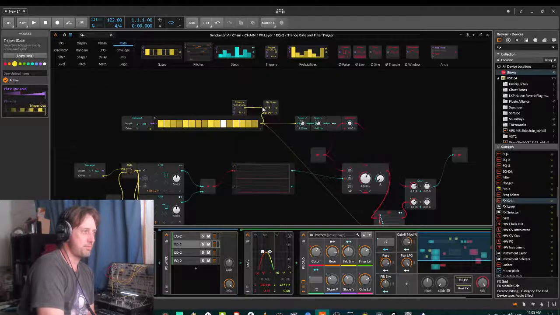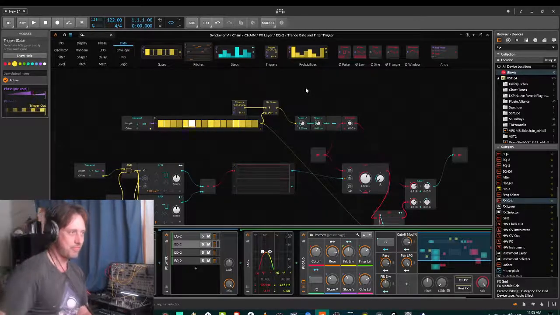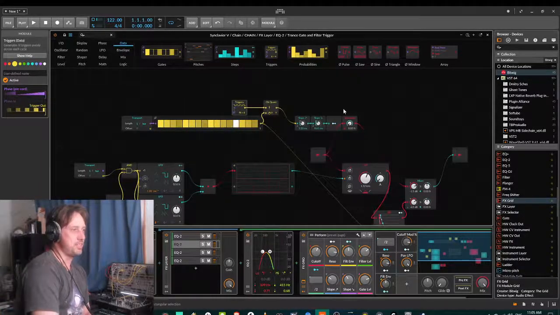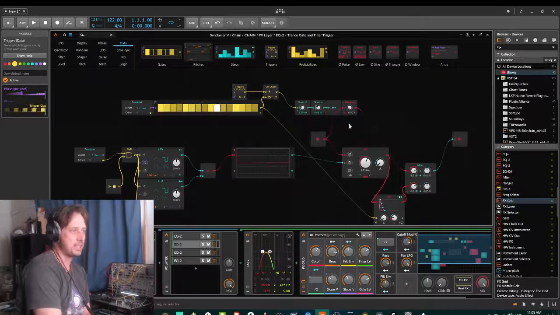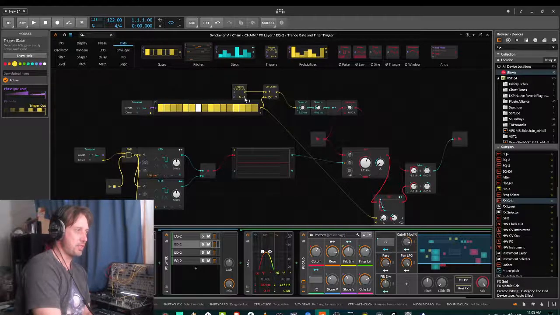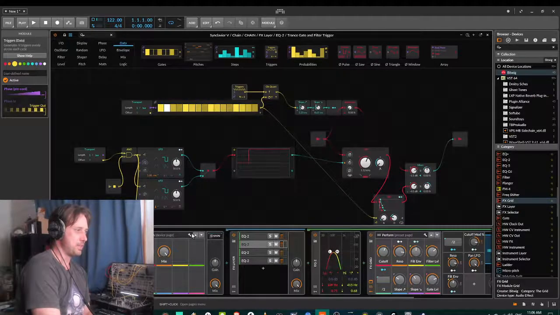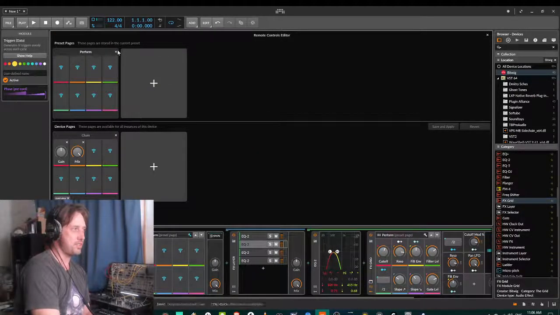and we just route that into the top input of the clock quantizer, and then take that output from the clock quantizer back into these slew generators here. And that effectively is just the minor tweaks we need to make to create these Euclidean rhythms. So now we can control the number of gates per bar with this triggers module here. And what I've been doing is mapping this to create a preset page here,